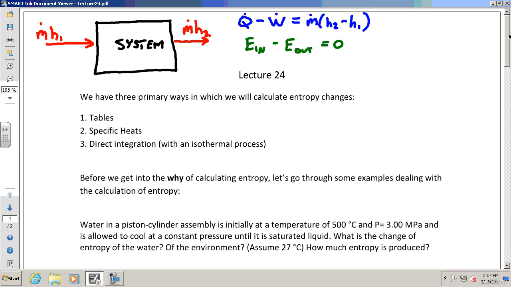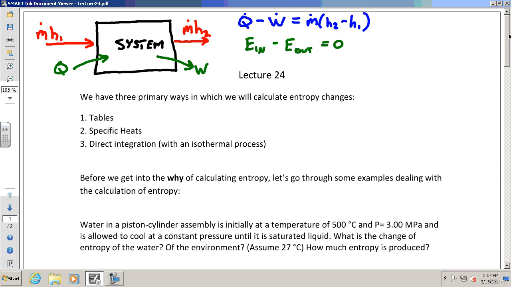And then, of course, you have other things that could be coming into the system. It just depends on the nature of the system. For instance, you might have Q in, or you might have work out. It depends on the system. But that doesn't violate energy in minus energy out equals 0. There are only a few ways energy can go in and out of a system. In fact, the first law that I've written in blue shows you the 3 ways.